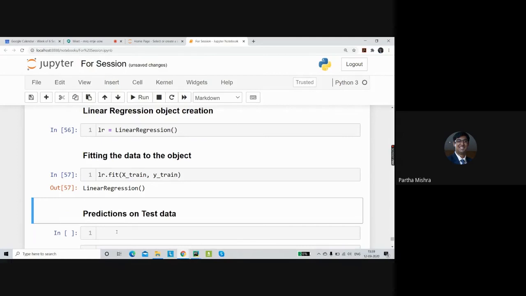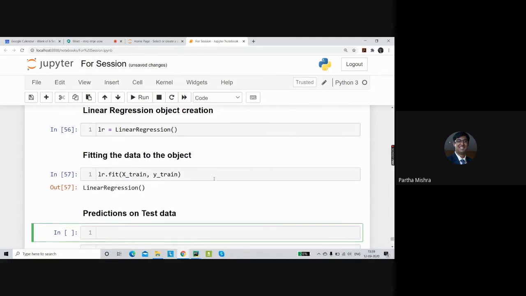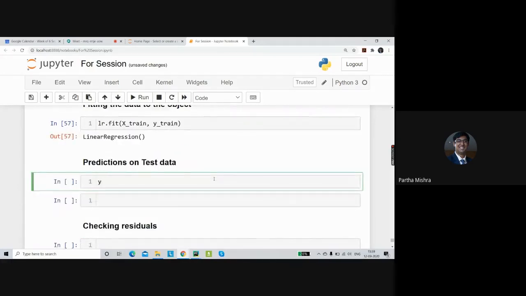The next important step is to do the predictions. If you remember, when I was showing you the slides, we were talking about something called y hat, the predicted values. Those values we are going to get from this model now. So let's see how we can do it. I'm calling the prediction values y_pred for simplicity.